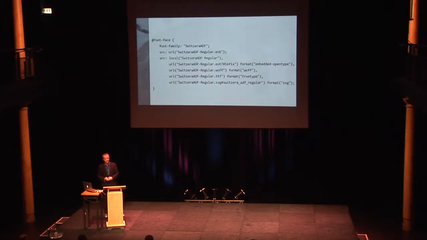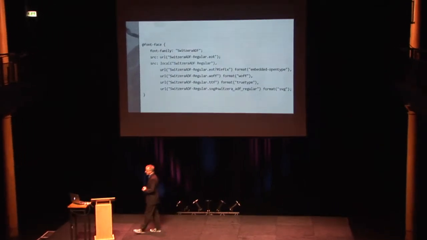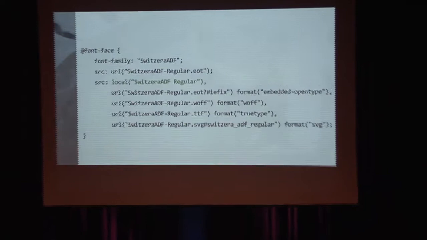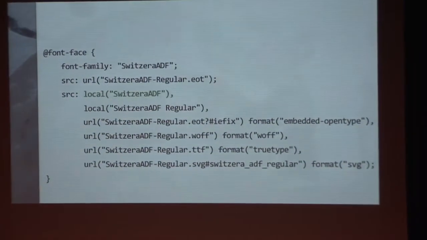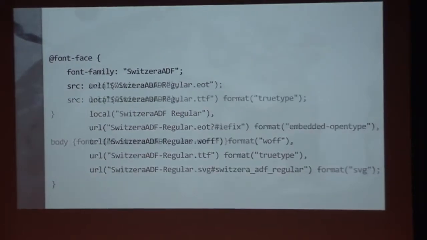So this is something, if you're using the bulletproof syntax, or if you're doing web fonts at all, I strongly encourage that you do. I don't care how obscure your font is, put in a local alternative first. Because if the user happens to have it, why make them download the file? Whatever file their computer is capable of handling, right? And you could potentially have multiple locals, so just in case,